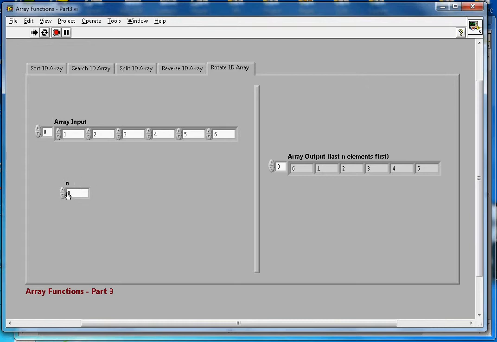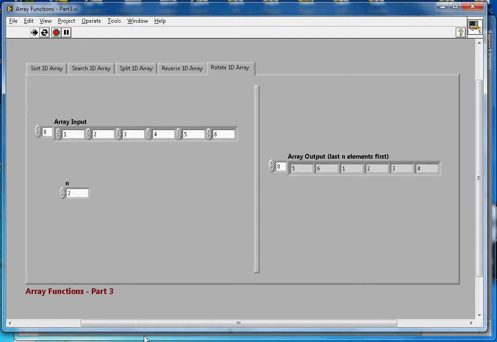If I put 2 here, then 6 and 5 go to the front and everything else moves. So now it is 5 6 1 2 3 4. Basically it just rotates.